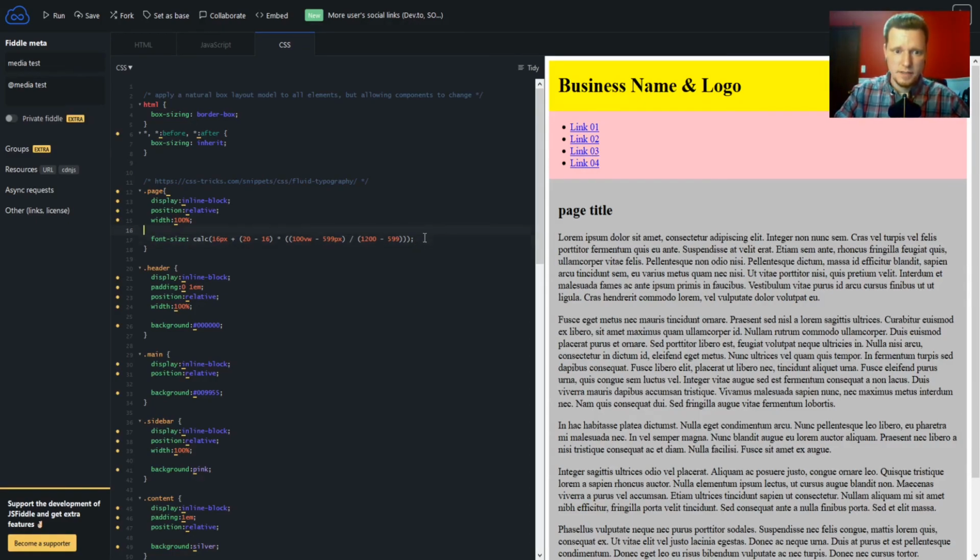And this fairly long mathematical function, pretty long, but it will ensure that your font will never be below whatever the minimum size is and will never be above whatever the maximum size is, and it will do that from the minimum and maximum screen sizes that you input as well. Okay, all right, and that is